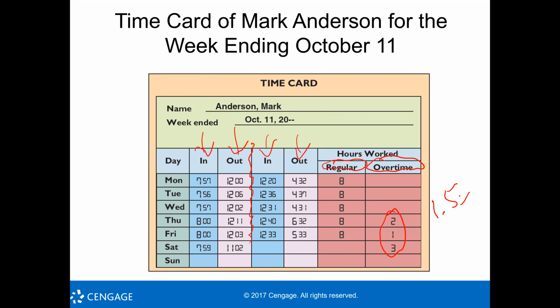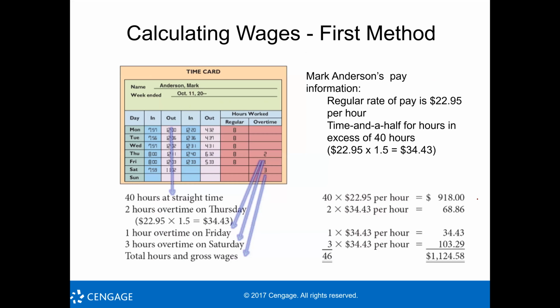1.5 times his normal rate is what we're going to see. Okay, so Mark Anderson's pay information. Regular rate of pay is $22.95. And so he gets time and a half for any hours in excess of 40. So when he works any hours over 40, he gets paid